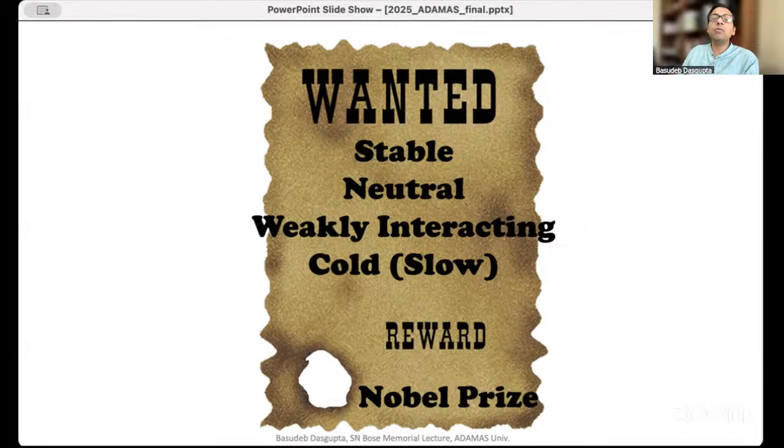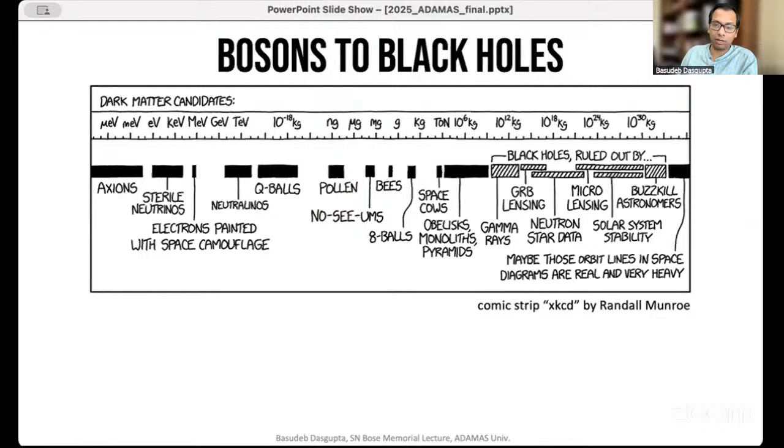And of course, anyone who figures out through observation what the origin of this dark matter is, which particle makes up dark matter, is possibly in for a very rewarding trip to Stockholm. So this is, of course, a very, very exciting problem, and many, many people are working on it. And it's a very exciting field with a lot of new ideas. And in fact, the point of my talk today is to give you a sense of the diversity of ideas and the excitement that goes into this field of trying to solve this puzzle of what is dark matter.